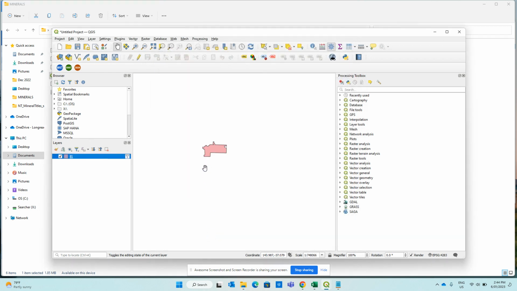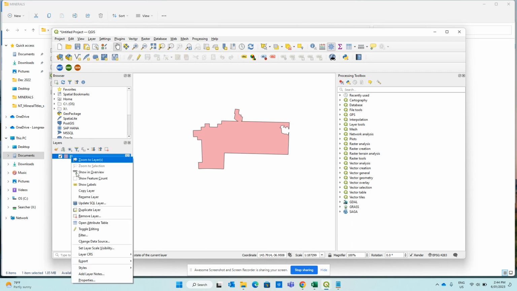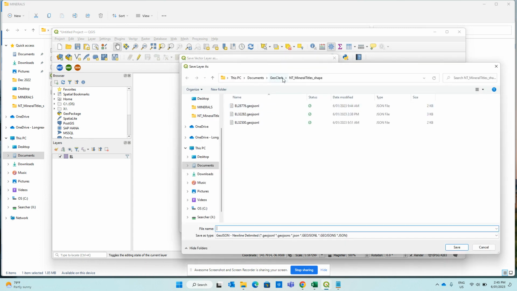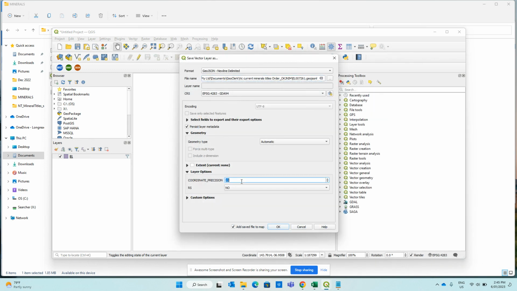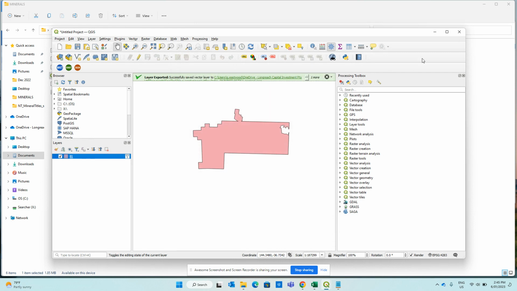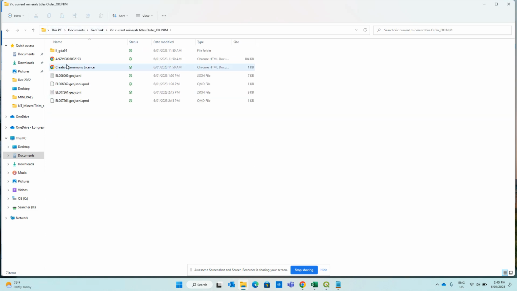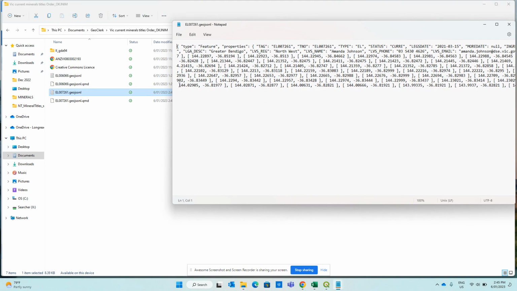There is the tenement that we're interested in, and then we can just export that as a GeoJSON file. And export. And then having exported it, we can open that up, 7261, copy the text from that,